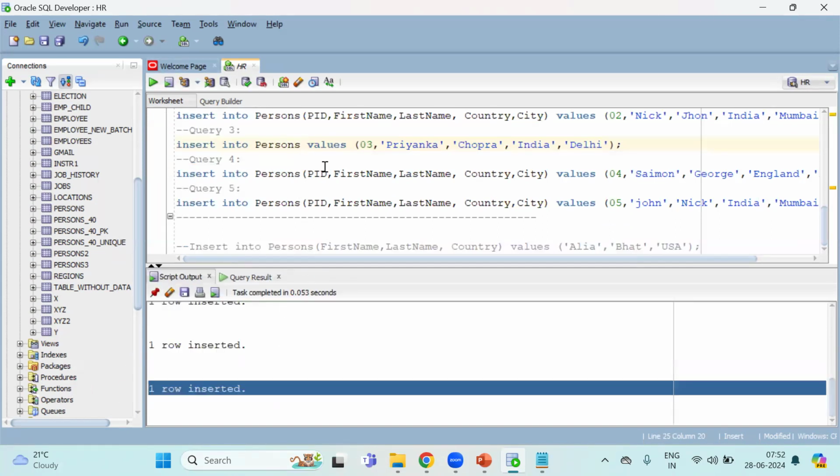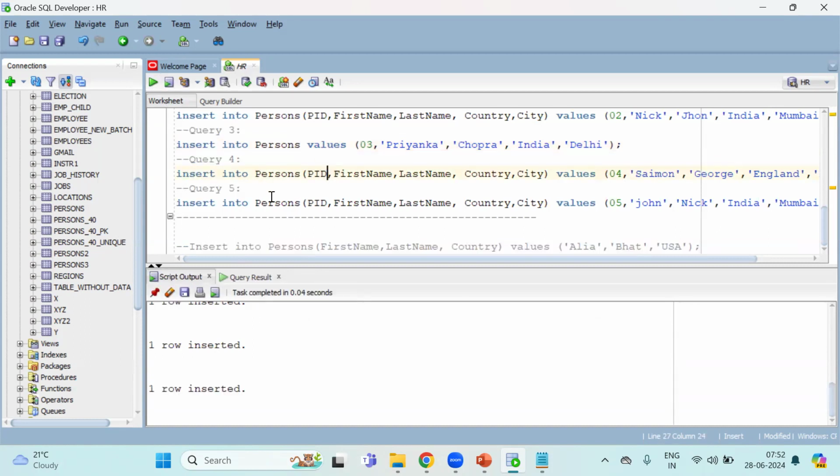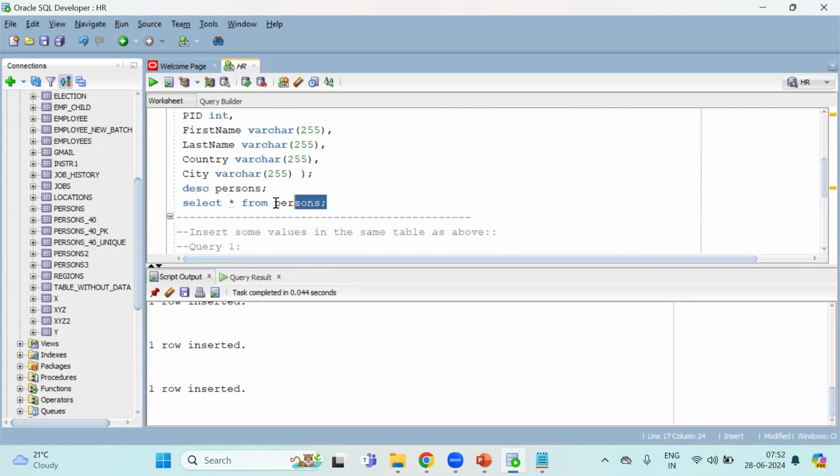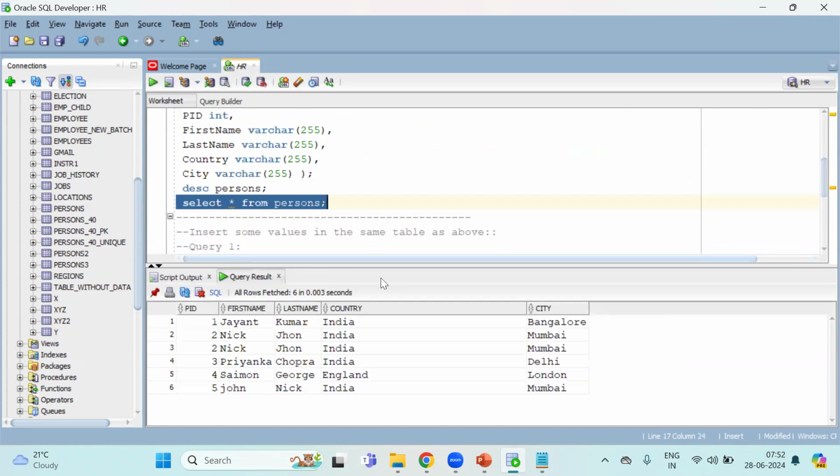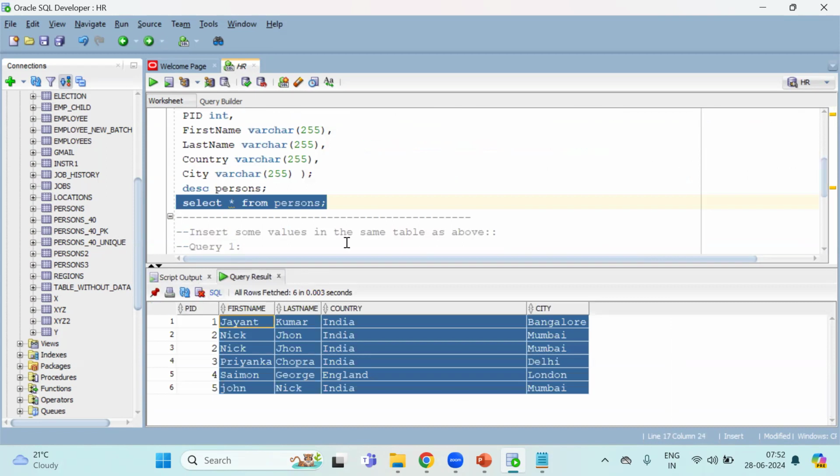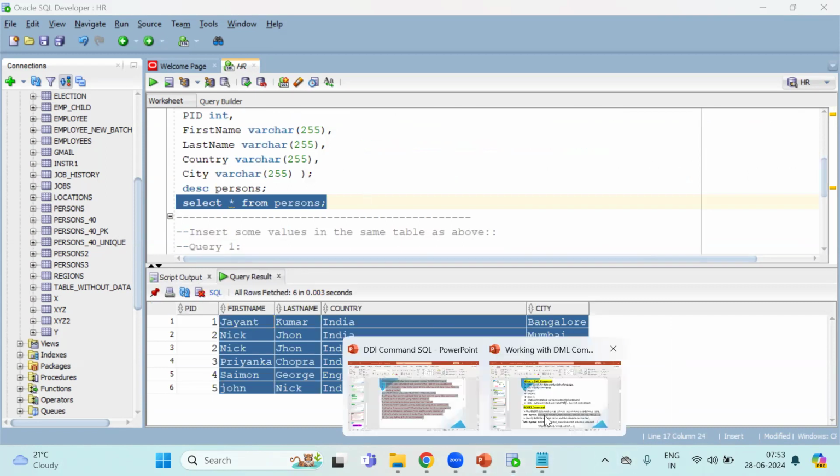Now see, one record inserted, 2 records inserted, 3 records inserted, because I'm inserting all the 5 column values. Now, if you see here, it's inserted. But when we come to the second syntax,